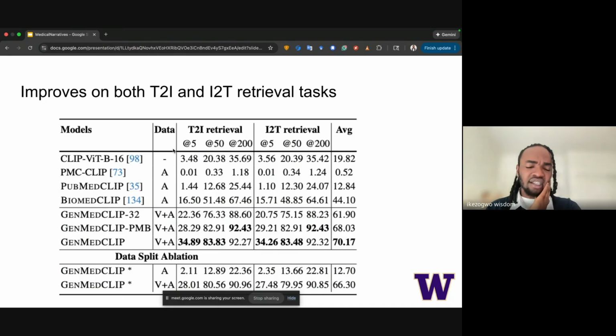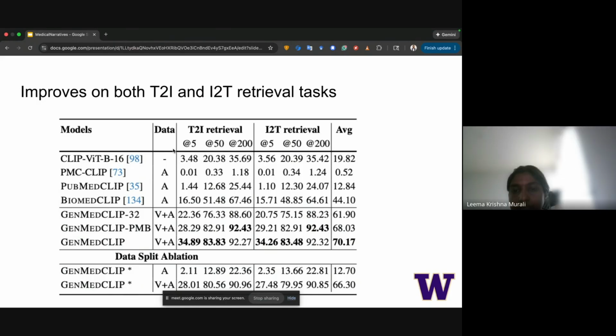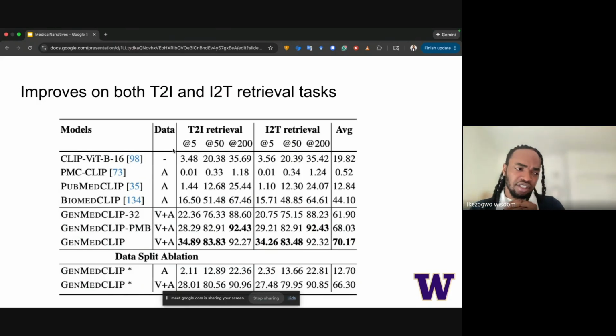I see. I think maybe there's a mix-up. GenMedCLIP is simply a CLIP model, right? And in training GenMedCLIP, we don't use the spatial grounding from the traces in any way. So I'm still misinterpreting the question somehow.